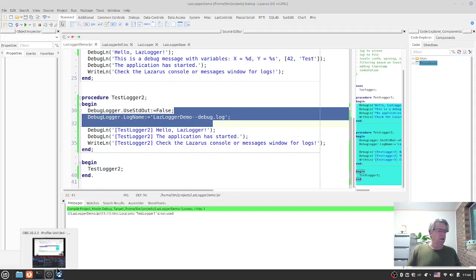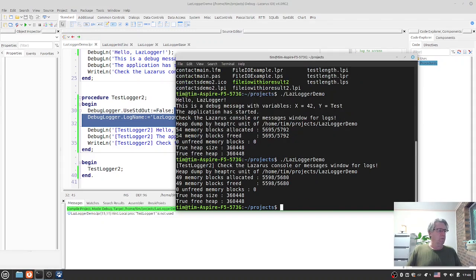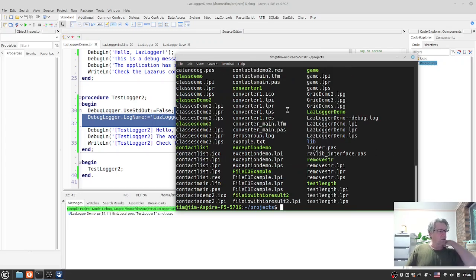That's done. And now if we were to run the same program again, this one tells us again to check the window for the messages, and you can also see now I've got this particular file here. So if we were to view this file,